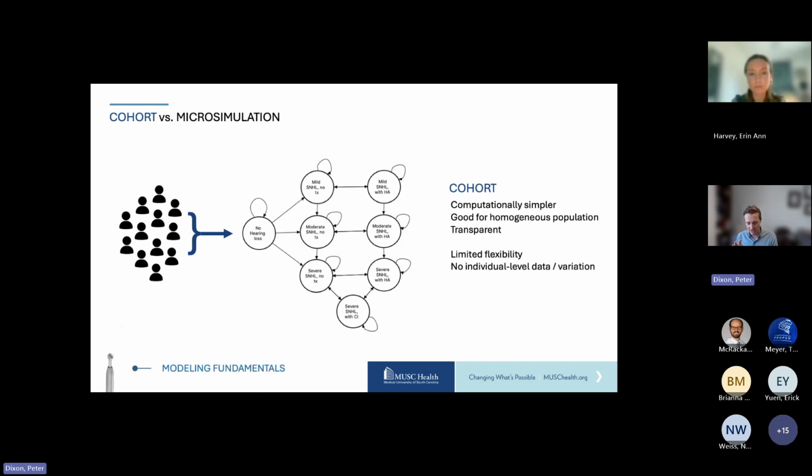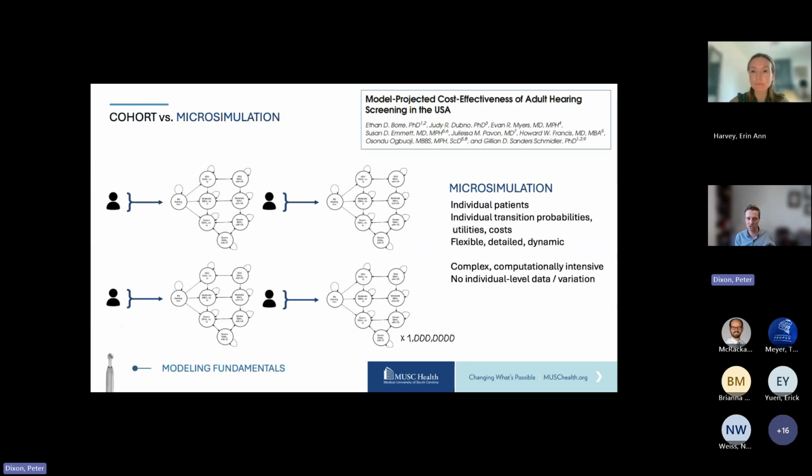And there's also another subtype of models, and this is separate from that decision tree or Markov model, but more often we're talking about Markov models here. And that's whether we run an entire cohort through the model at the same time, that has, for example, a certain risk of hearing loss and a certain risk of transition to a mild hearing loss, a certain probability of using a hearing aid. Or if we take individual patients, right, and run them through the model,